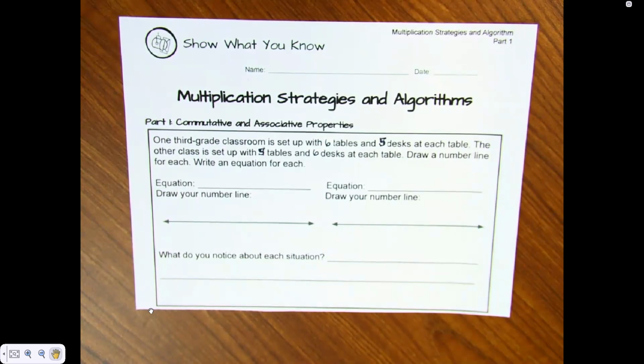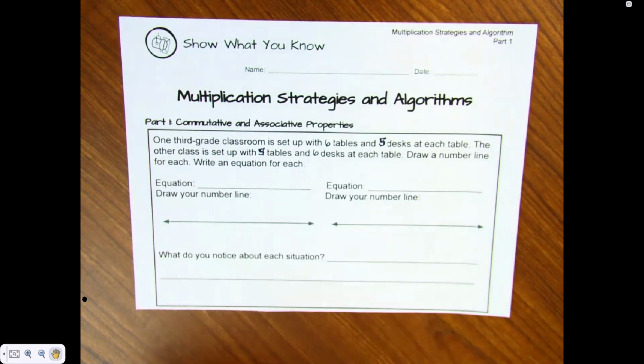So one third grade classroom is set up with 6 tables and 5 desks at each table. The other class is set up with 5 tables and 6 desks at each table. Draw a number line for each. Write an equation for each. So,